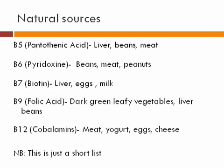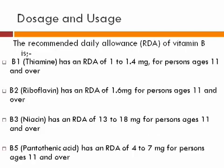B6 can be found in beans, meat, and peanuts. B7 can be found in liver, eggs, and milk. B9, which is folic acid, can be found in dark green leafy vegetables, liver, beans. B12 can be found in meat, yogurt, eggs, and